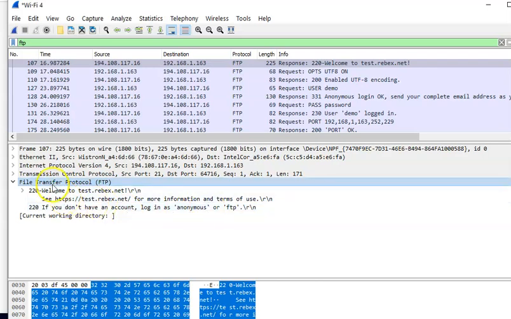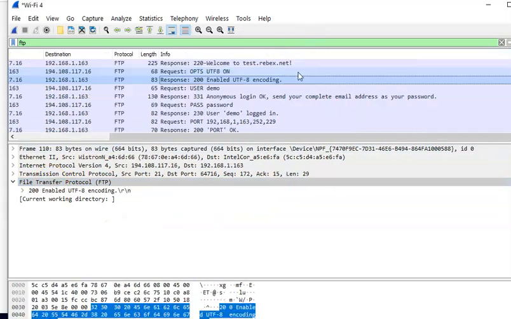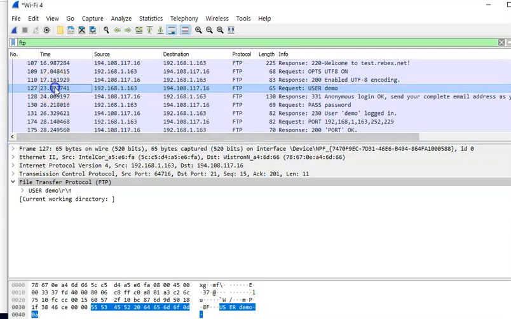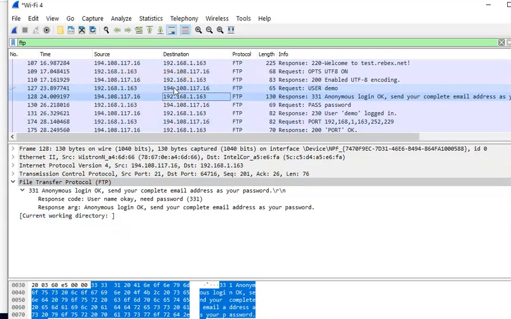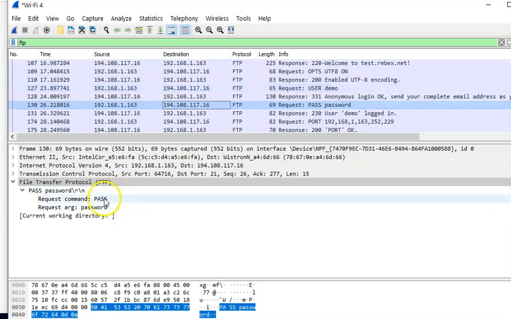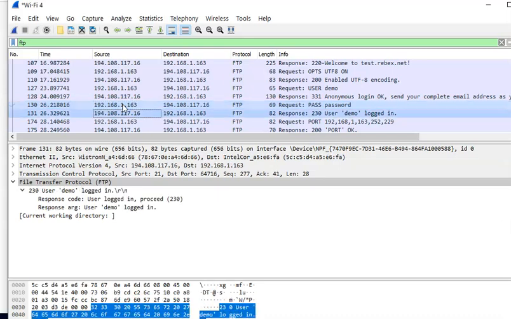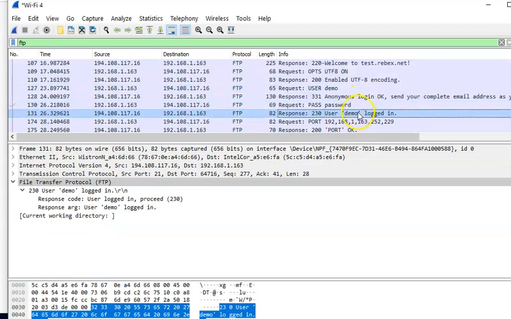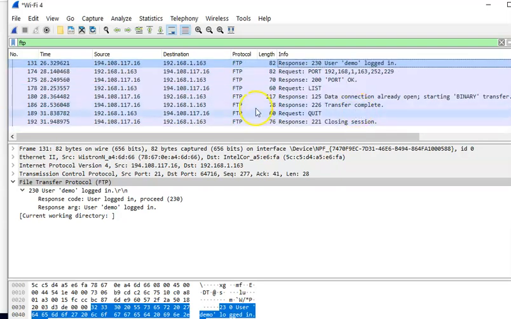Well, let's see if we can show us logging in to the FTP server. So I'm going to start scrolling down through FTP here to see if we can see the actual data that we're using. There's demo for the username. And now let's go to password for the password. Okay, I'm logged on. So right there, I didn't even have to look hard. Here was the username demo logged in, and then up here was the password typed in. It's not hard to capture this data because it is transferred in clear text,